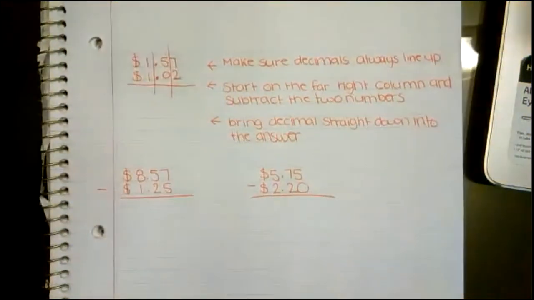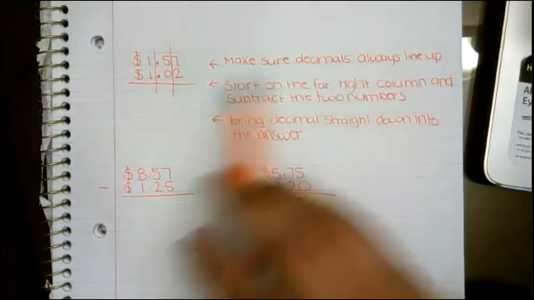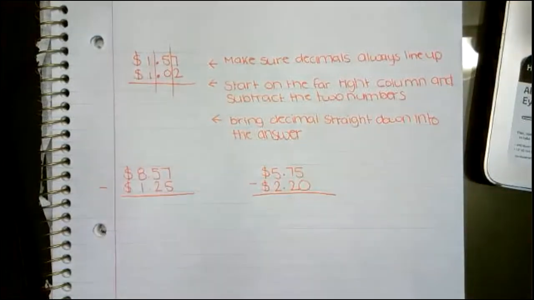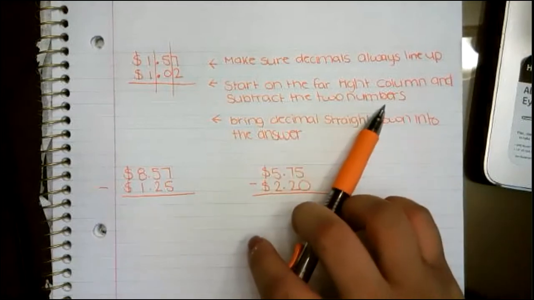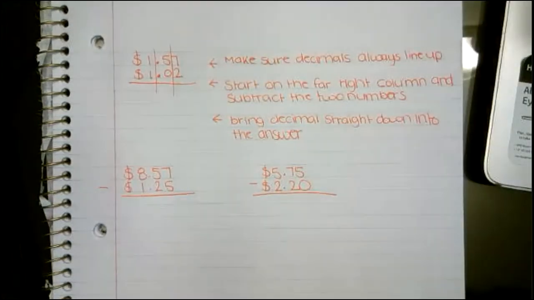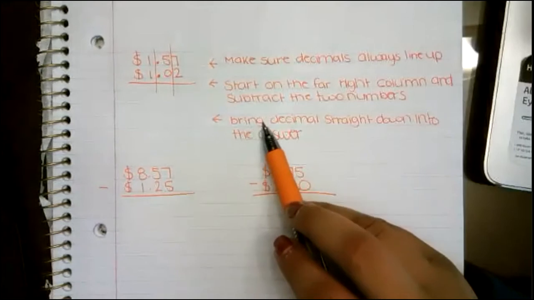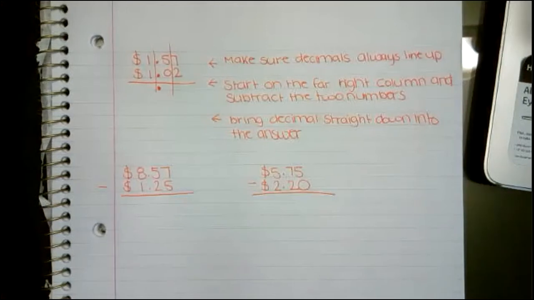So, let me go over a few things with you. So similar to adding, we make sure that our decimals are always lined up, and they are. Then we start on the right column and subtract the two numbers. So we're starting on the very right and subtracting the two numbers. And we need to always remember to bring the decimal straight down into the answer. So the decimal is always going to be right there. All right, friends, so